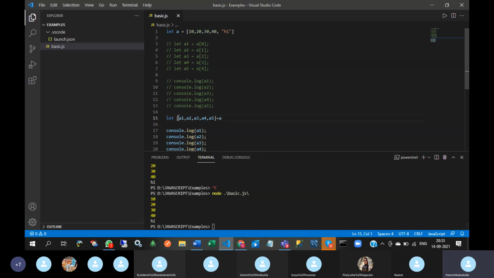But here I am going to declare all variables in square brackets by using let and equal to tuple.